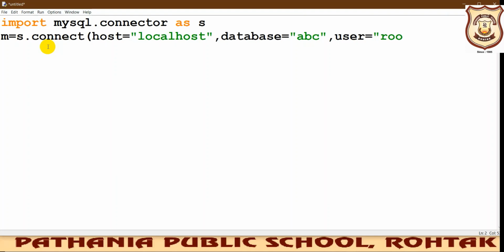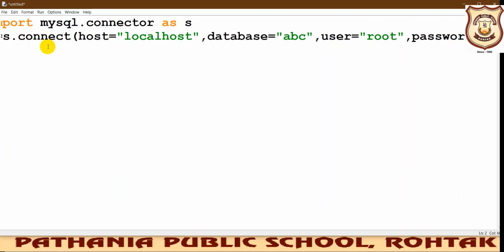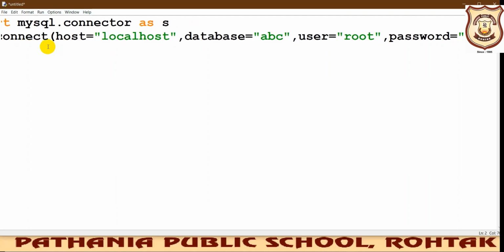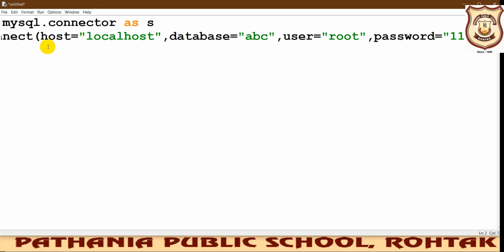When you are using your own laptop, generally the name is root. Next parameter is password. This parameter will be passed the value of your MySQL password. In my case it is 1111, so I have written that.